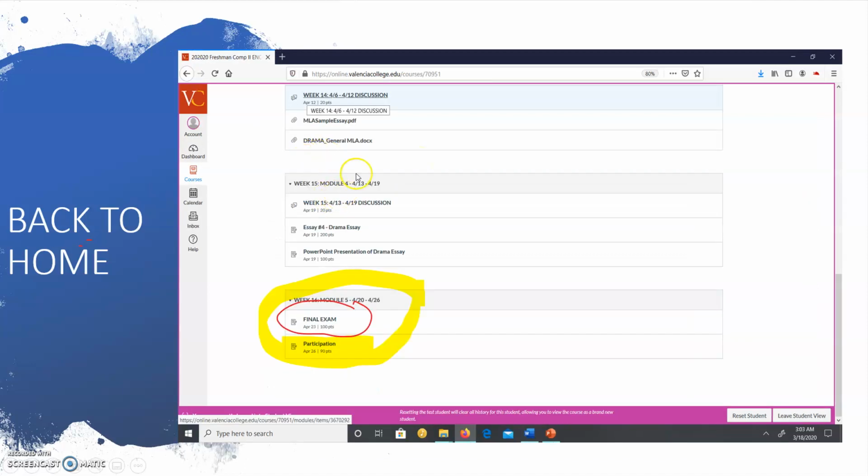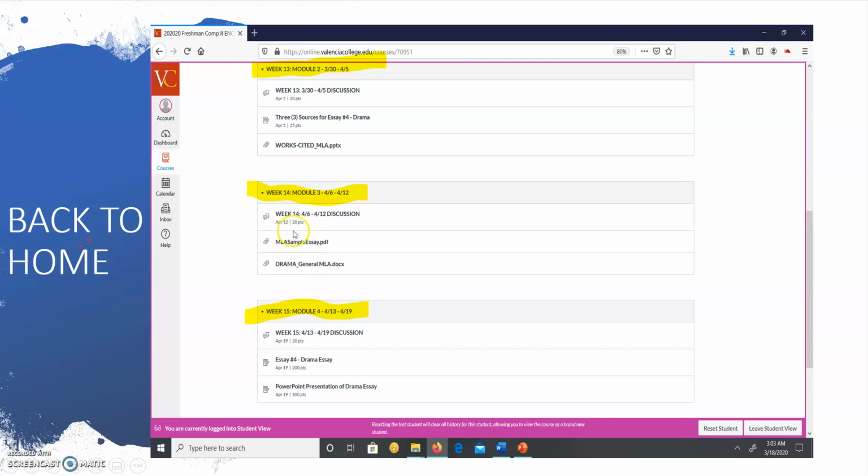In week 14, we'll have a discussion. I've included some sources here, some files. I sent a sample essay for you, and I also have some general drama MLA formatting ideas. I'm also going to include here, and I haven't completed it yet, but it will get there by the end of the day, I'm going to repeat the instructions for the assignment here, and I'm also going to include a